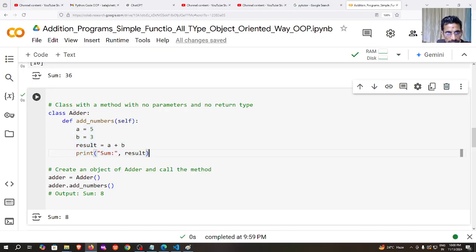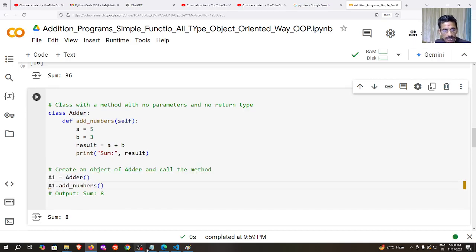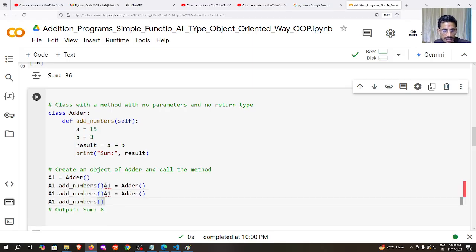And here the class name is Adder. I take a1, and here I do a1. So when I run the code, what happened? Just I change it to 15. 15 plus 3, 18. I get 18. Clear? I can create any number of classes, any number of objects. This is one object, I can create multiple objects like this.